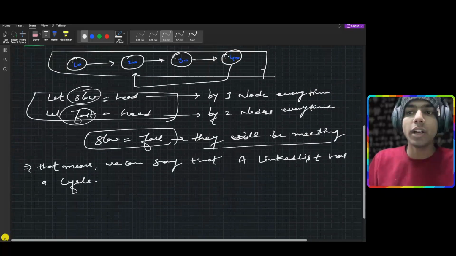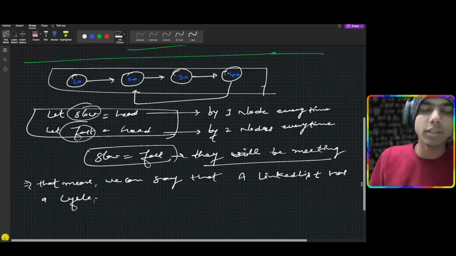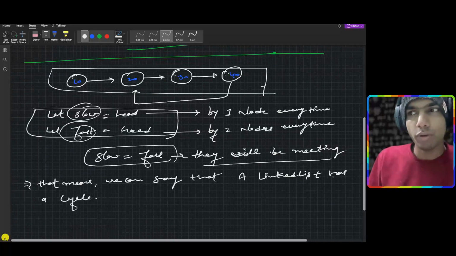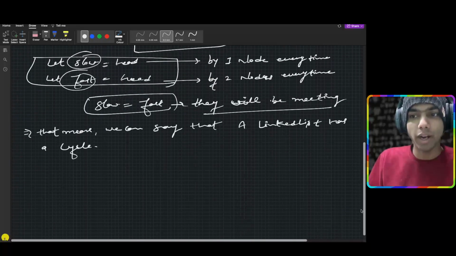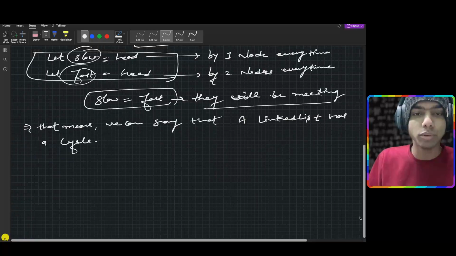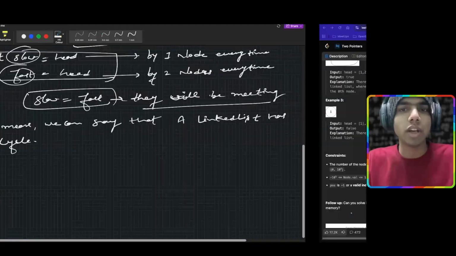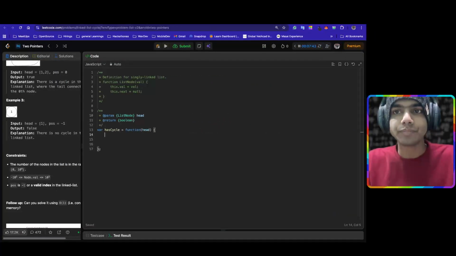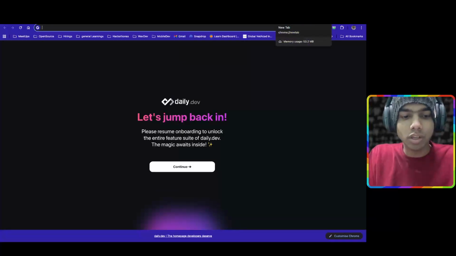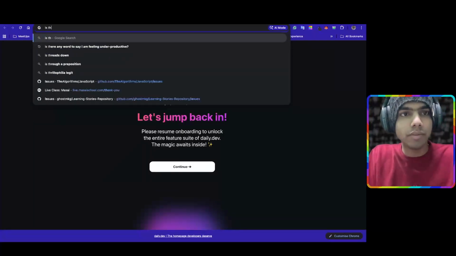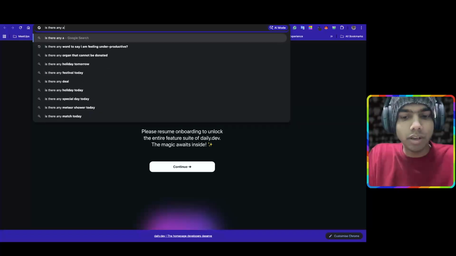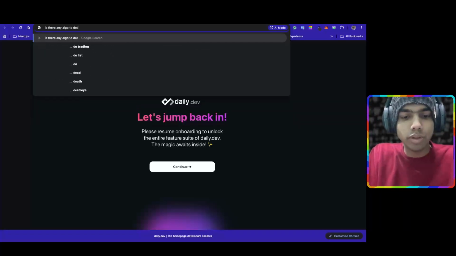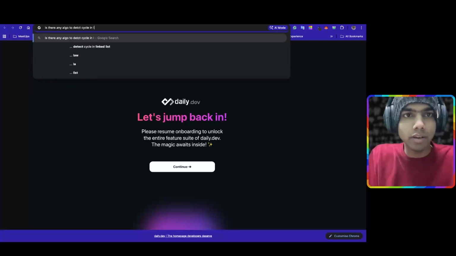I don't remember the name, but I think it's a predefined algo, Floyd Warshall cycle detection algorithm. I guess I don't remember the name, but guys, you can go and cross check that. I'm also going to cross check. Let's just check on Google. Is there any algo to detect cycle in linked list